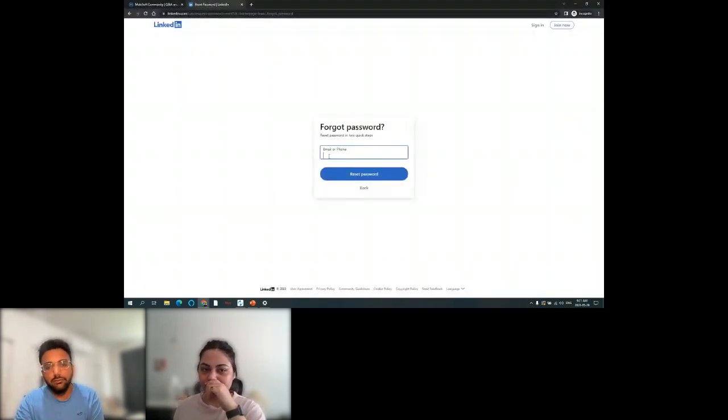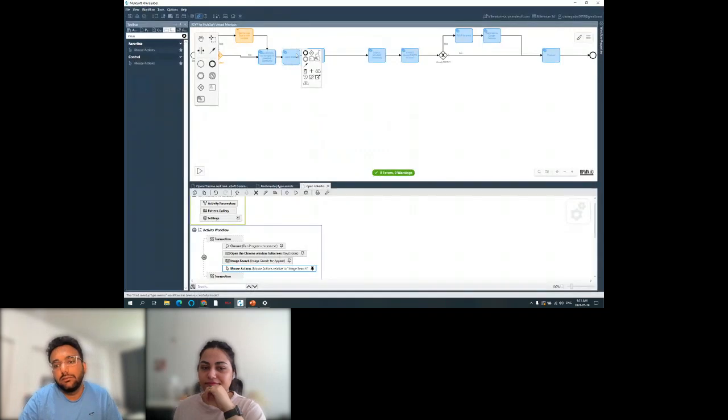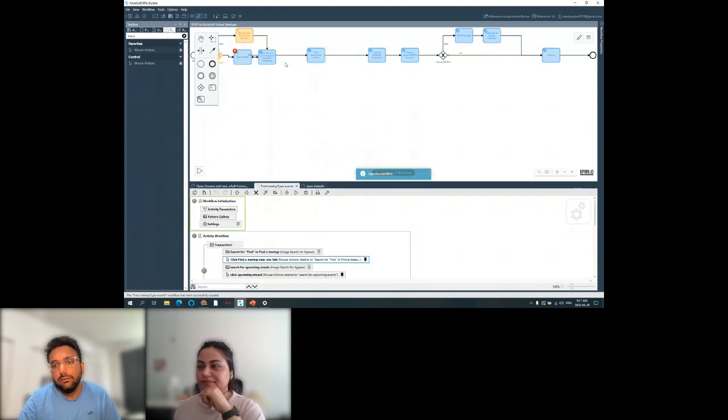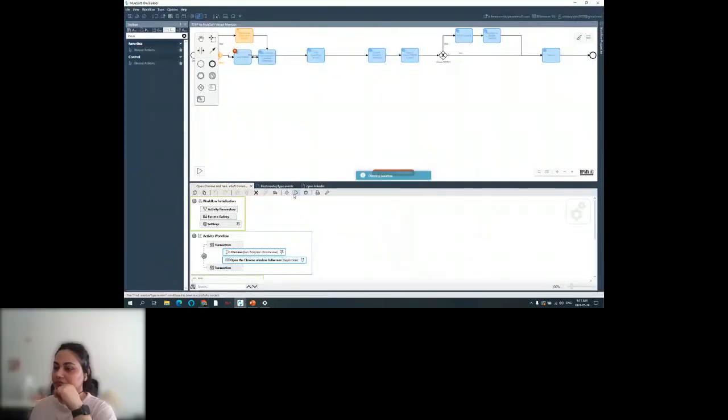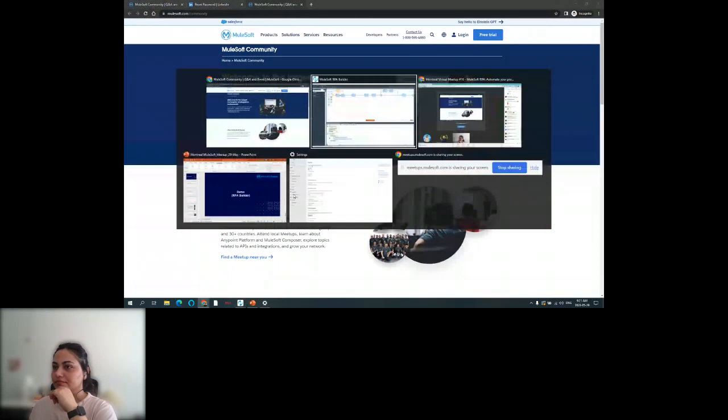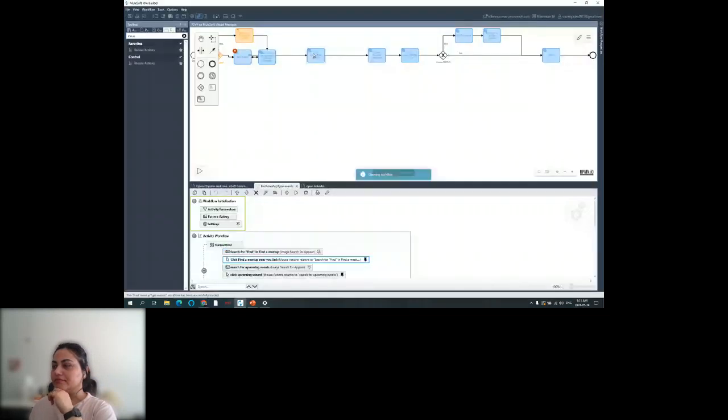Interesting. So now we have that. This is how we have done it. Now going back to our actual process, let me keep this somewhere here, because I don't want to disturb it. Next thing is, I will run this open Chrome step again, because we need to do it step by step. Okay. Now we are on the meetup page. Next step is find a meetup near you. That's what I have done.